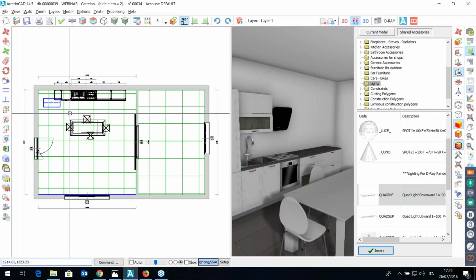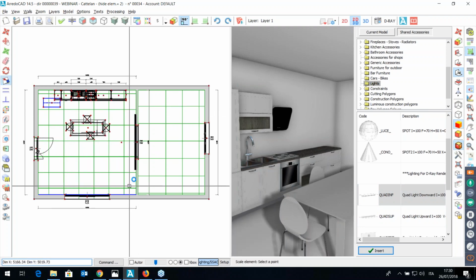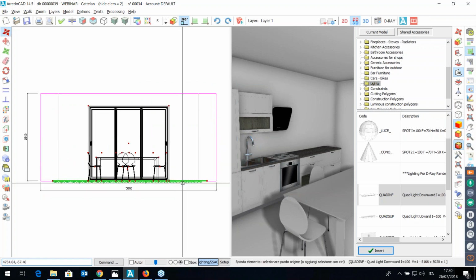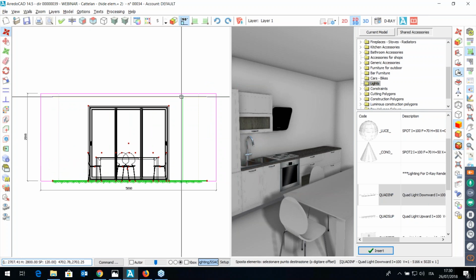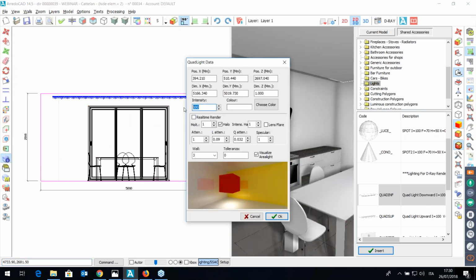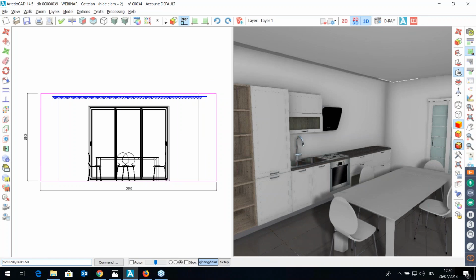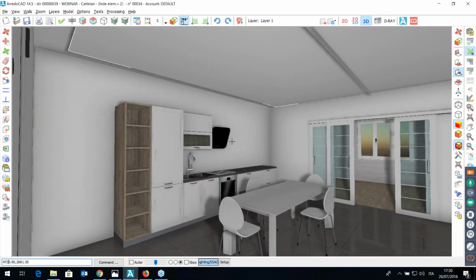I can extend the quad light, for example, from here to here, just to get an atmosphere, a generic lighting. I can move it up to the ceiling, and then I will choose the power of this light, for example, 30, and the color of the light, and so on. Press OK. Now I just have to choose a 3D point of view to render, for example, this one,